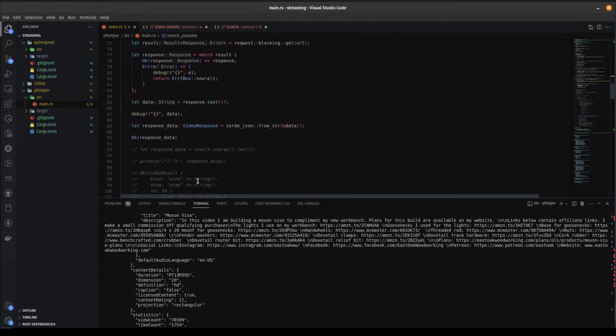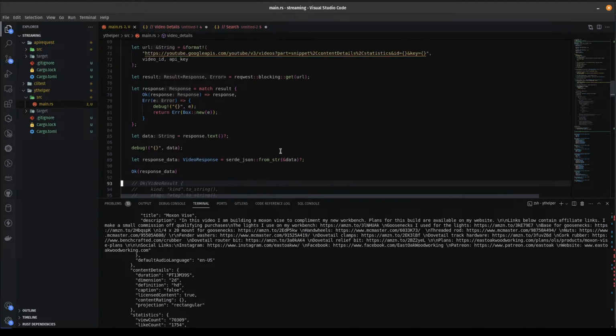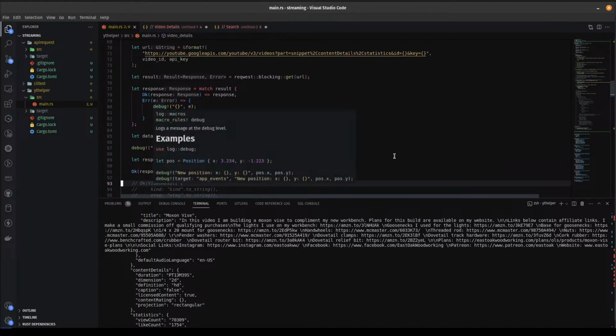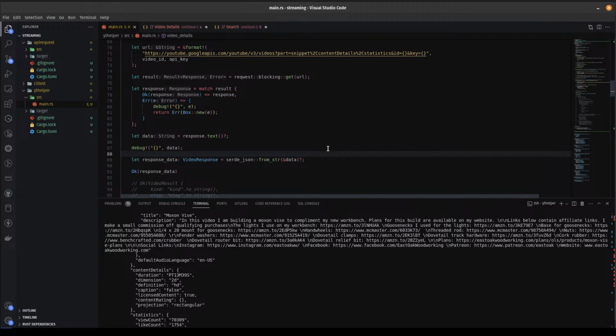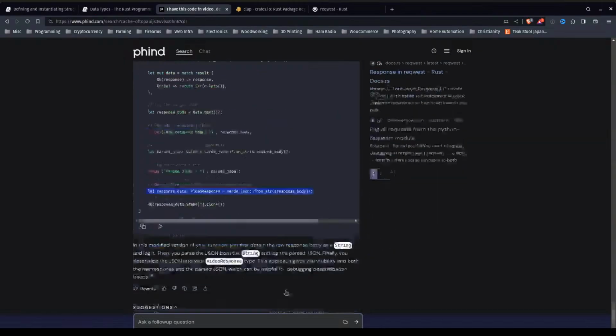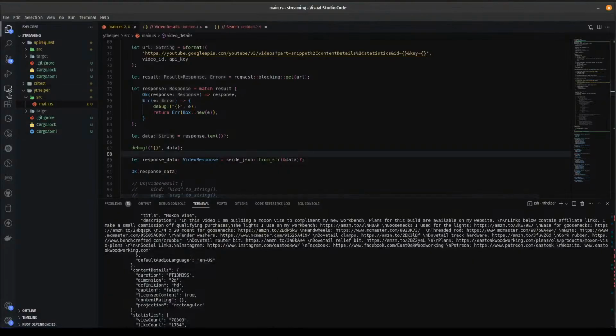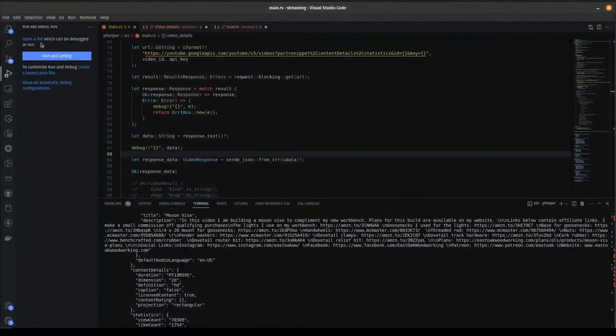I think the code is a little bit better now than it was, and I understand it better. So let us do one thing real fast, and that is I want to use the debugger in Visual Studio Code. I know that's a viable debugging technique. And I think last time I tried to